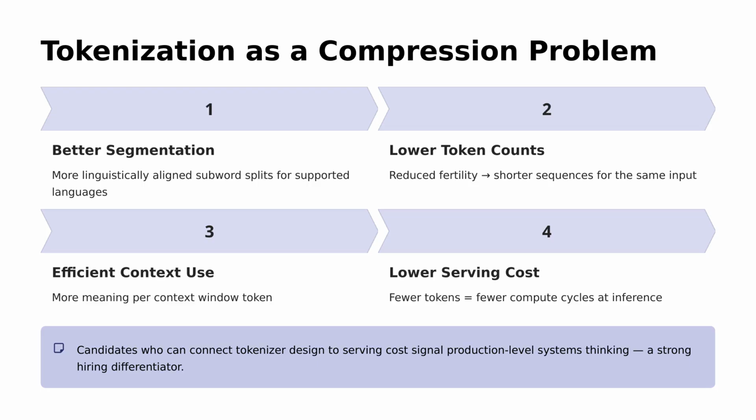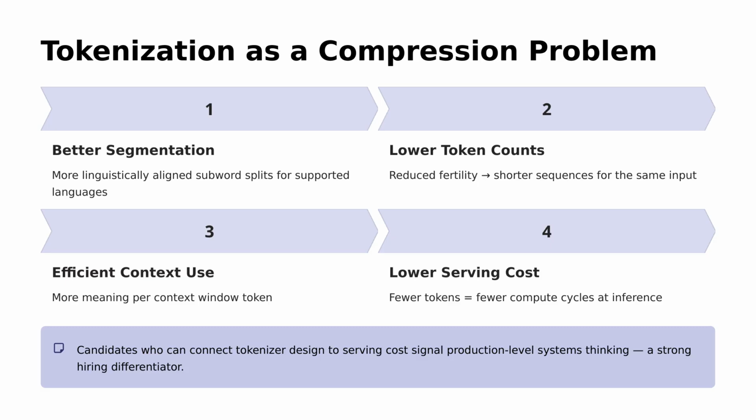You can think of tokenization as a compression problem. If segmentation is better aligned to the language, we get cleaner subword splits and lower token counts for the same input. That means each context window carries more meaning, sequences are shorter, and inference gets cheaper because the model processes fewer tokens. Being able to connect tokenizer design all the way to serving cost is a strong signal of real